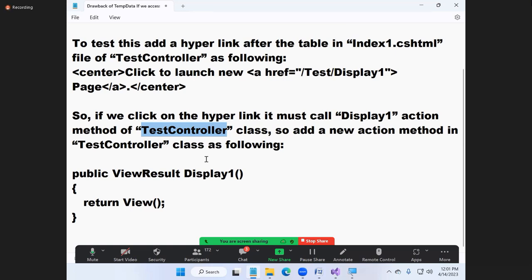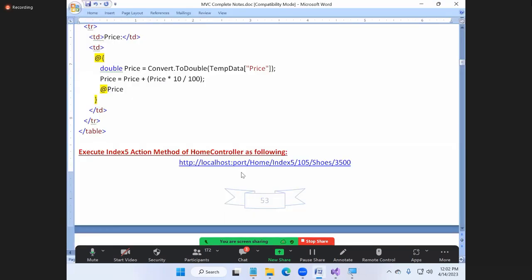So that's what we need to know: what to use when. In what scenarios do I require to use view data? What scenario do I require to use temp data? That's why I'm showing you the problems you face and how to fix them, all these things. Are you clear with the temp data? What is the drawback? You can access the value only once. Once accessed, the data is lost. Okay.